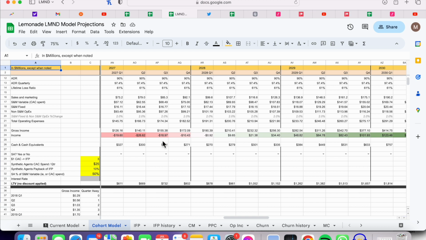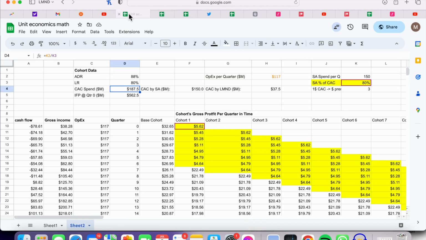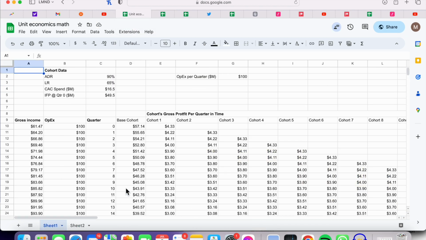I added a new tab, which I've called Cohort Model. You'll find it just under the main model, second tab. None of the other graphs are affected by this. Actually, I'll show you. First of all, I had made this quick model, a sort of unit economics model, where I looked at